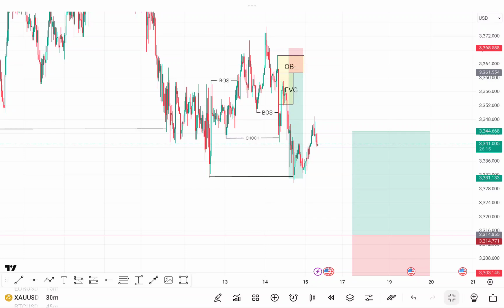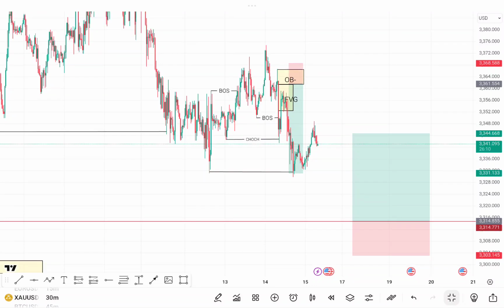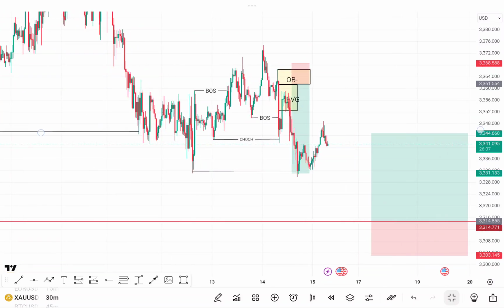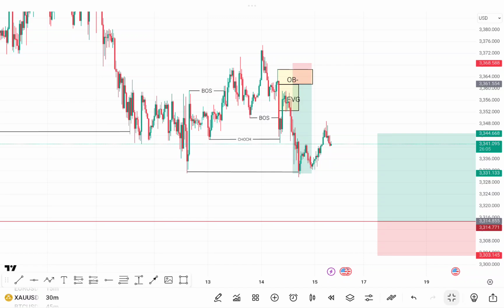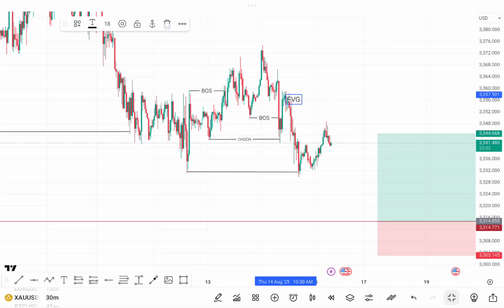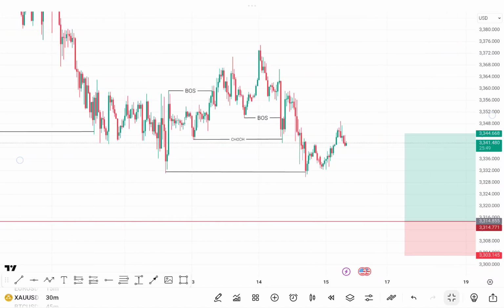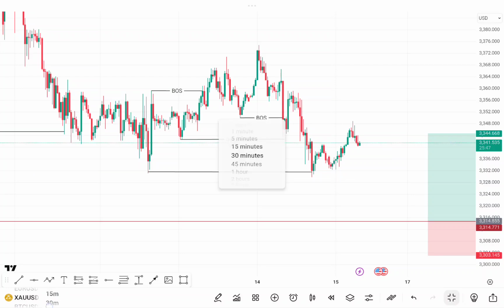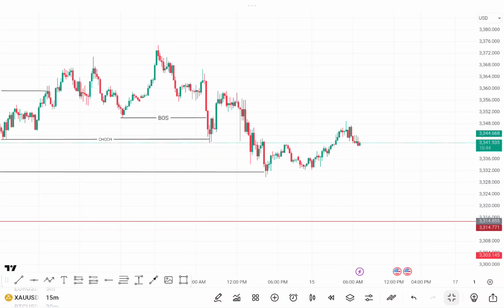So now, if the market is to go up to gather some level of momentum, where are we probably seeing the market coming to build that momentum? Now, this is very much valid, but then I'm looking at this zone right here. I'll take this point out of here. I'm looking at this point here. Let's look at the 50 minutes time frame and see. Okay, so this can be a very good point of entry.